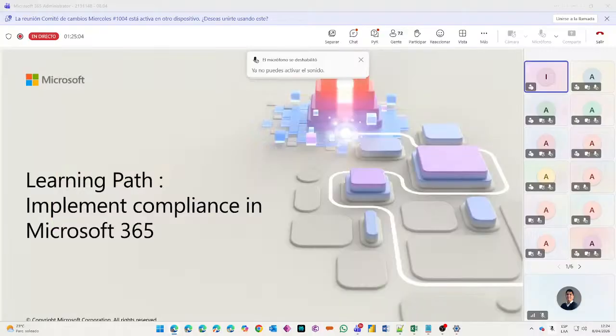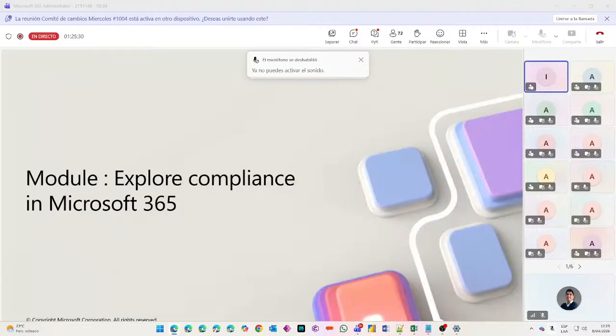Now, how about compliance in Microsoft 365? Good old compliance. Okay, when we talk compliance, we're going to talk about data governance features, right? So we'll spend some time